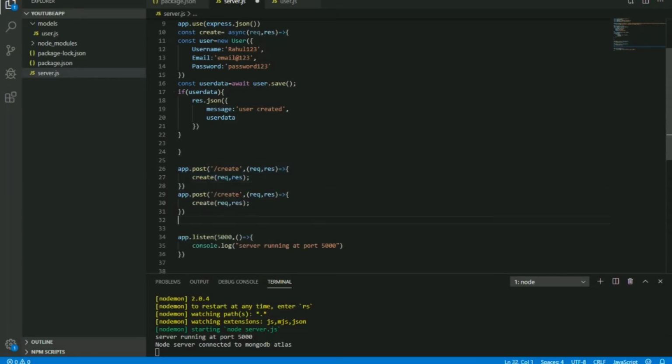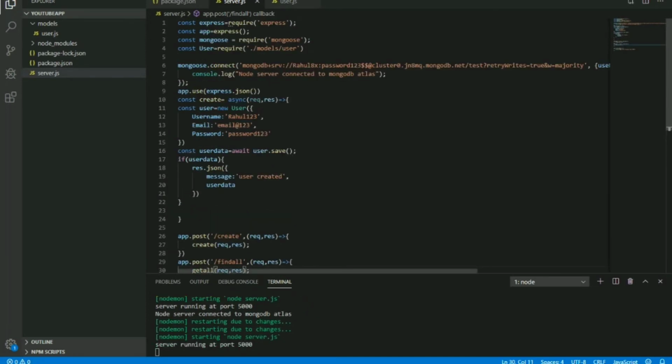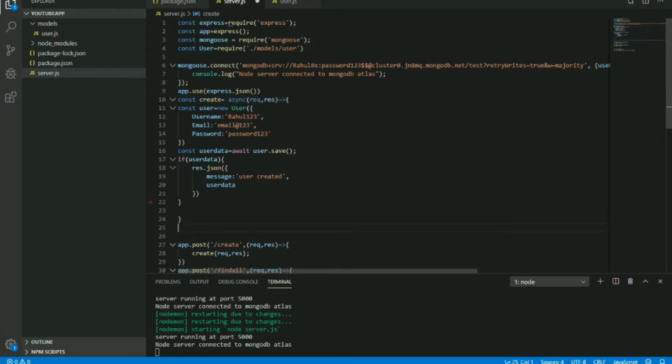Now we have to create retrieval. So we will say find all and create a post API for finding all the documents. We'll create a new function named get all, and let's copy it and use it. So for this we'll create a constant named all users